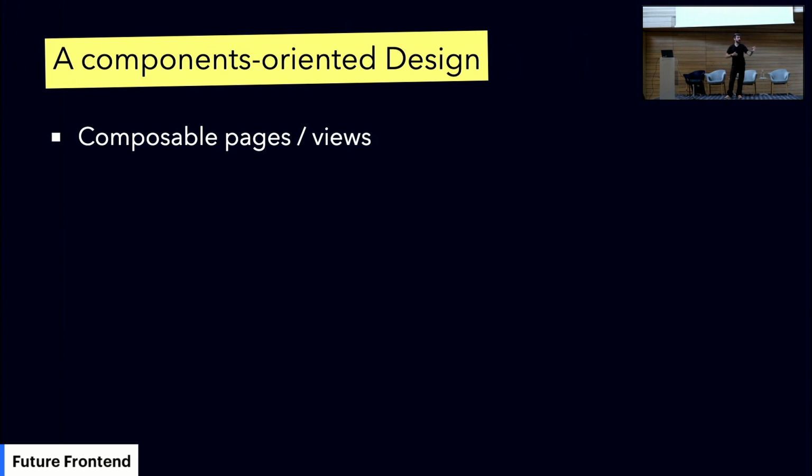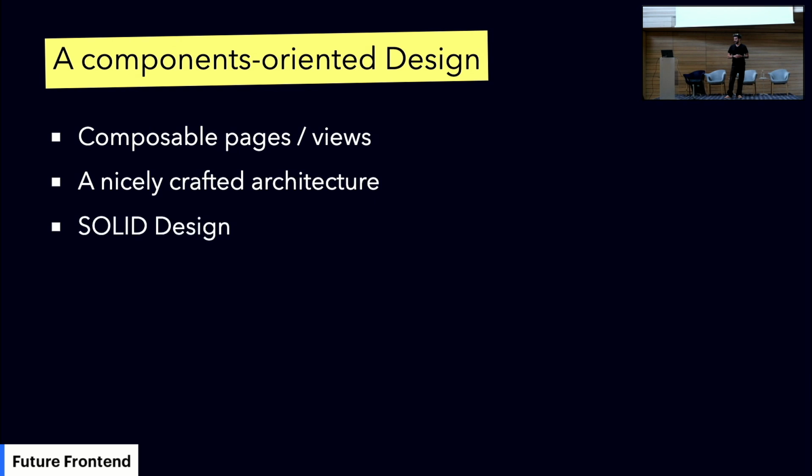So the engineers could be focused on just building stuff and layout inside their views and not dealing with the whole rendering of the different parts of the application. We wanted something nicely crafted to be able to push this architecture a bit further and to maintain it in the future. So something like a clean architecture that we mentioned previously. We wanted something like a solid design where we can substitute different parts when we need it. So it was really better architected than what we had before,